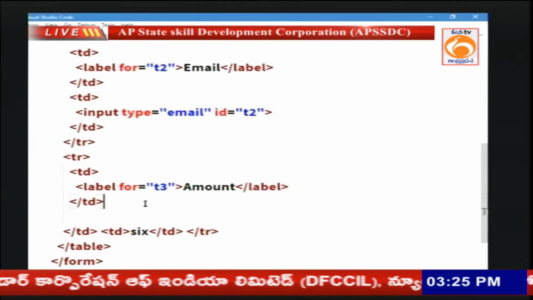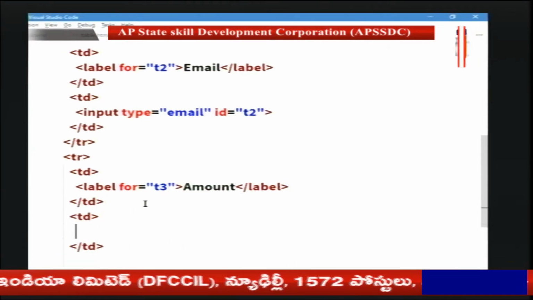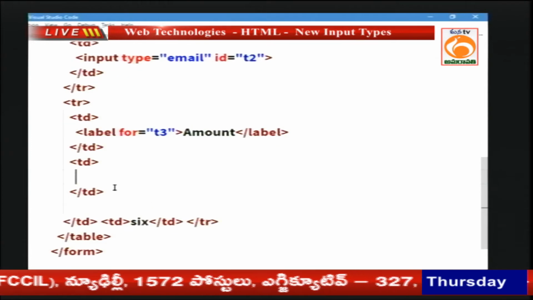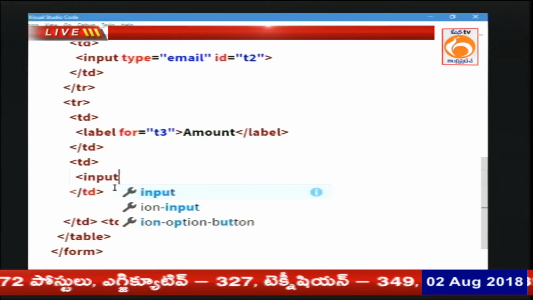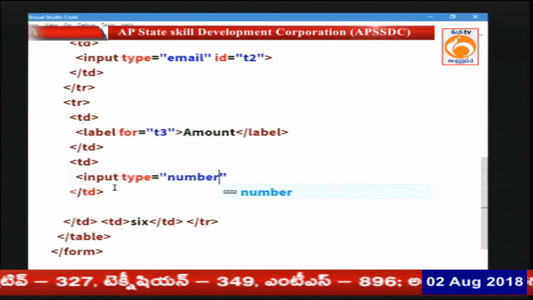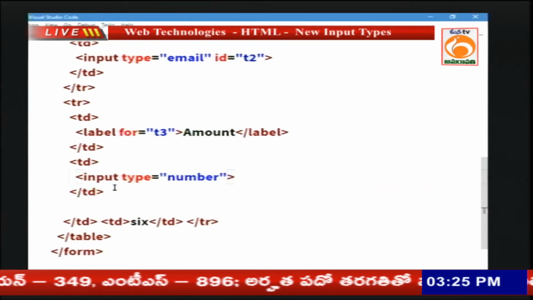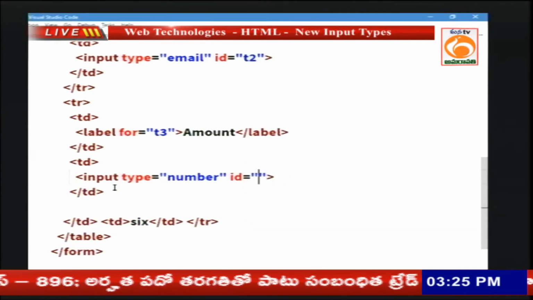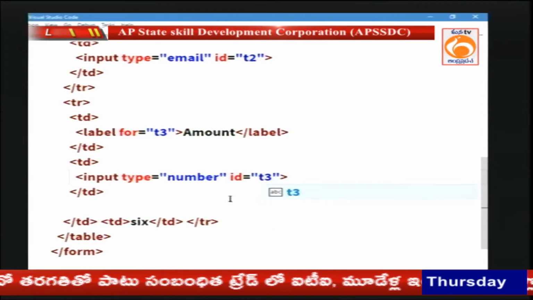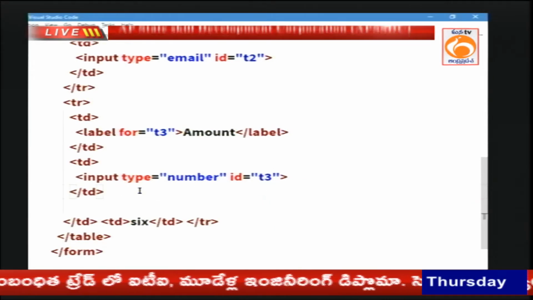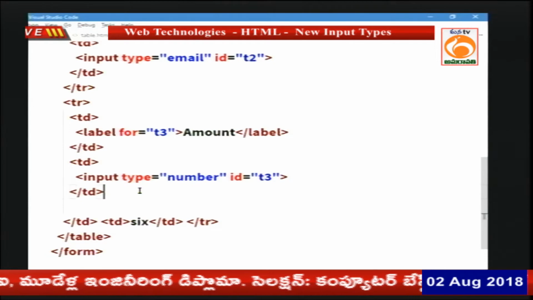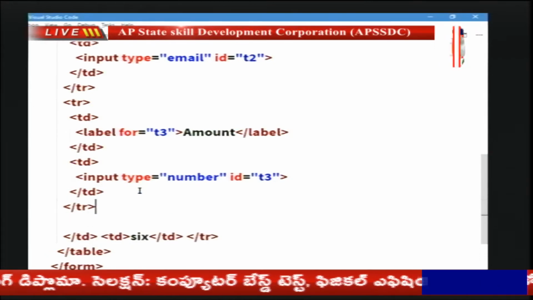Since amount means a numerical field, we have to use input type equal to number. So, for this we have to use input type equal to number, ID is equal to T3, T for text box. Instead of T1, T2, T3, we can give any other names. Okay, let us close this TR,